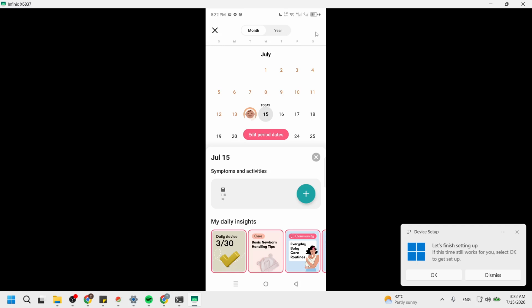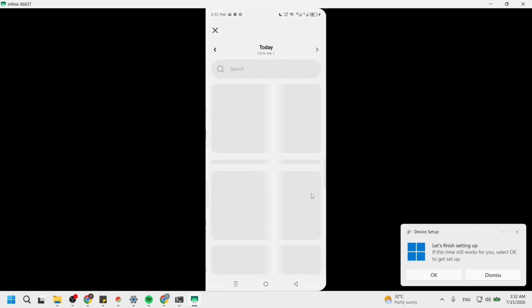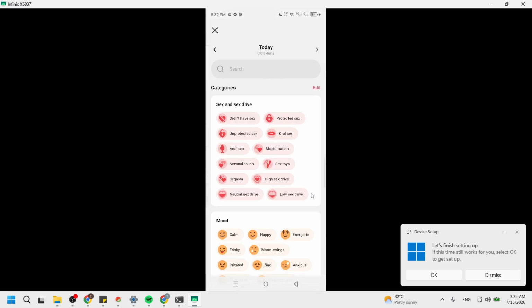After that, scroll down slightly and tap the Log Symptoms or Plus button. This button is usually marked with a plus sign, making it easy to spot. Tapping this button opens a new menu where you can input various details about your day. This action is important because it allows you to log specific activities that contribute to your overall health tracking. You will notice a smooth transition into the logging screen, which keeps the experience user-friendly and efficient.